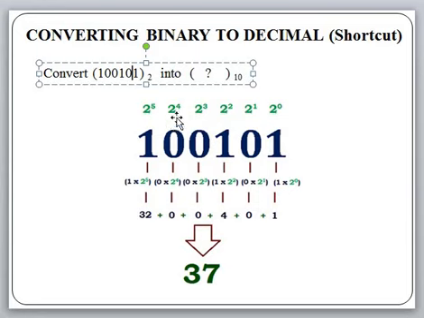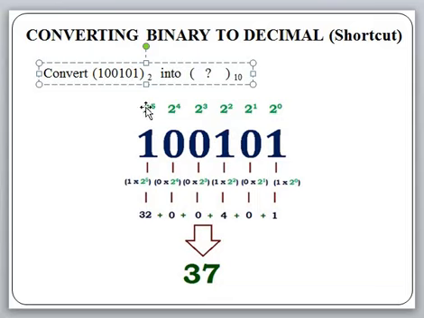Then 2 to the power 4 is 16. So 16 belongs to this digit's weight and it is also 0, that's why we say 0. Now 2 to the power 5 is 32, and that 32 value is taken into account for addition because this digit is 1. That means in this number there are 6 digits. Out of those 6 digits, 2 to the power 0 is 1, 2 to the power 2 is 1, 2 to the power 5 is 1.